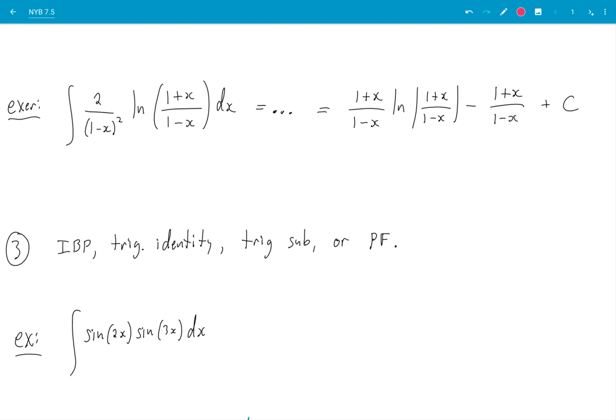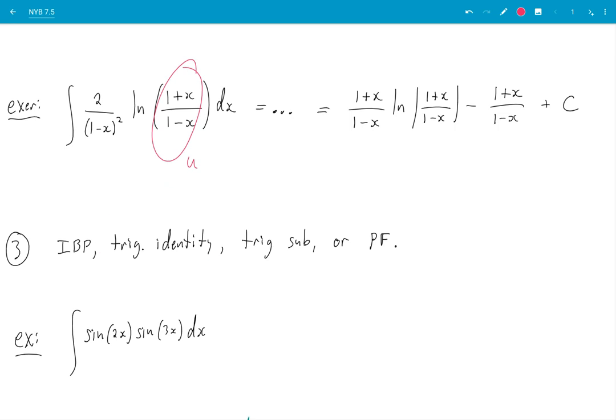Okay, pause, copy all this, and try this exercise, please. Now, you should be going u is equal to this fraction here, and that'll work out. Okay, third step. If substitution doesn't help you, you're going to try another technique, either integration by parts,